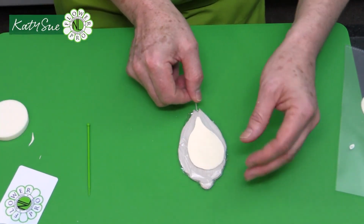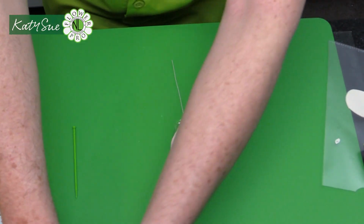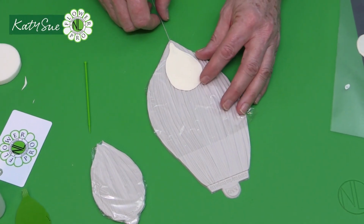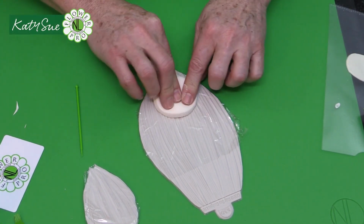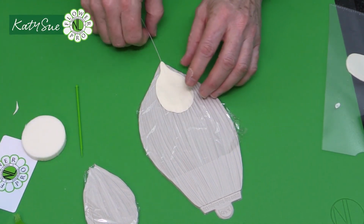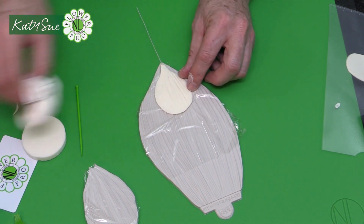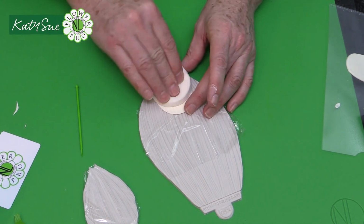So again, we're just going to place this onto the veinner. Now, if you were using the calla lily, just to show you, because the veining is quite similar. I mean, the peony is a little bit finer, but if you were doing the calla lily, see how you place it here like that? So you're going to press this on. So that's done on that will be the back, and then you turn it to the front. Just going to press this on to give you the